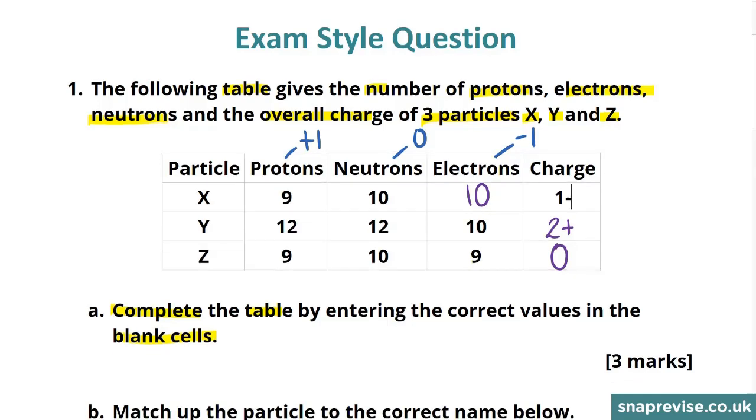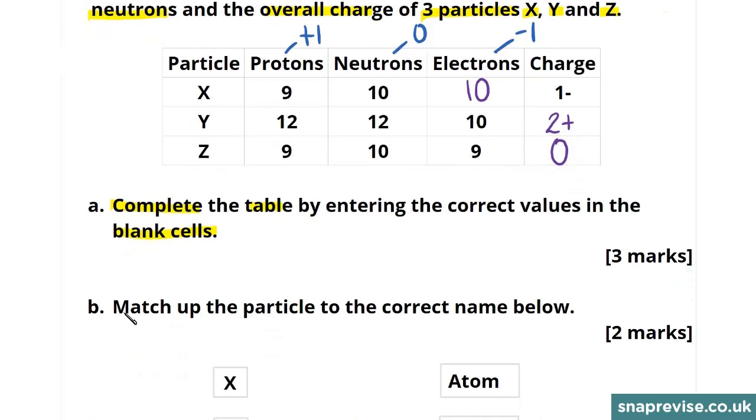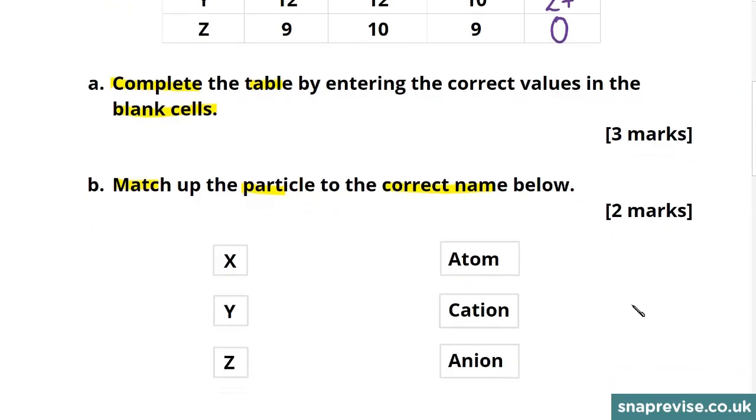In the next part of the question, we're asked to match up the particle to its correct name. And here we're given X, Y and Z, and also the names atom, cation and anion. This question is just about remembering the definitions of the names on the right hand side. Firstly, we need to remember that cations and anions are both examples of ions, and ions are charged particles. If we look in our table,